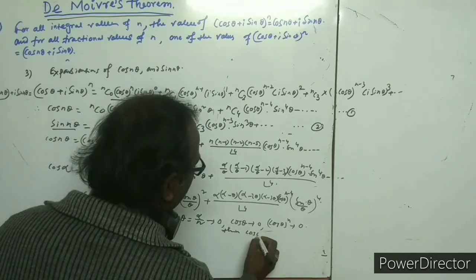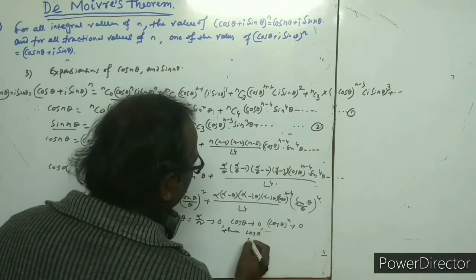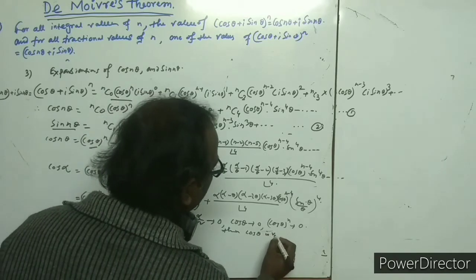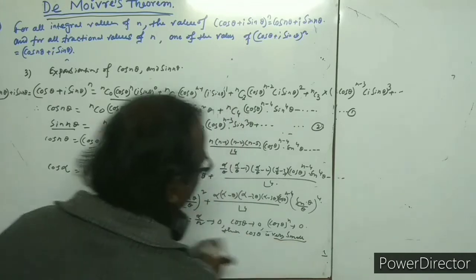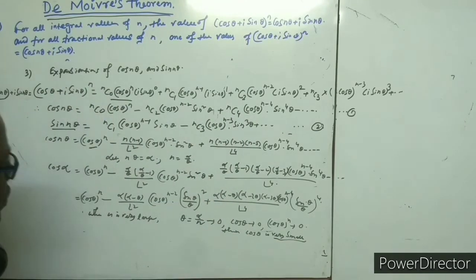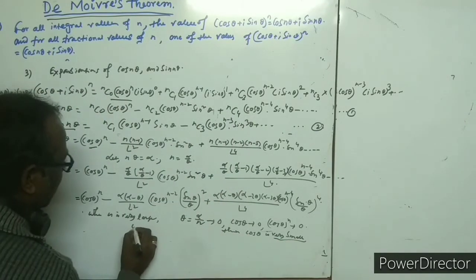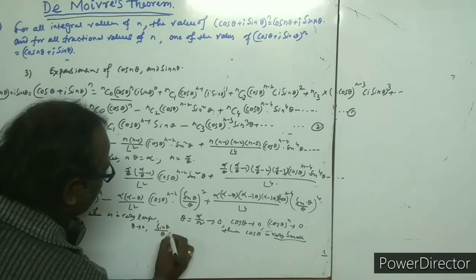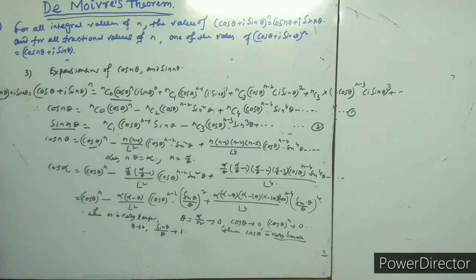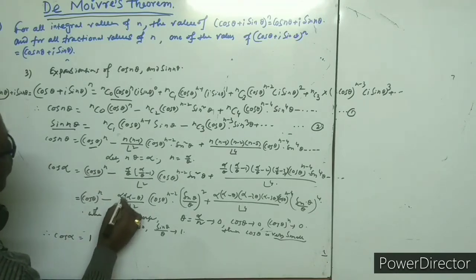Then cos theta is very small, and again theta tends to 0, therefore sin theta by theta tends to 1, so therefore the cos alpha is there, this is cos 0 is 1, so 1, so this